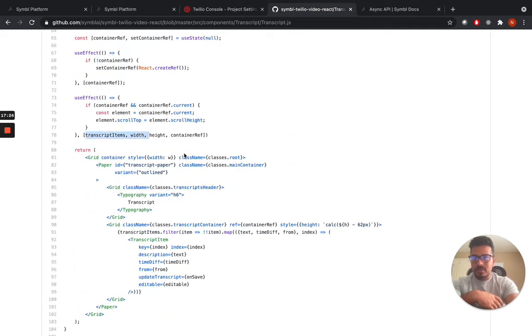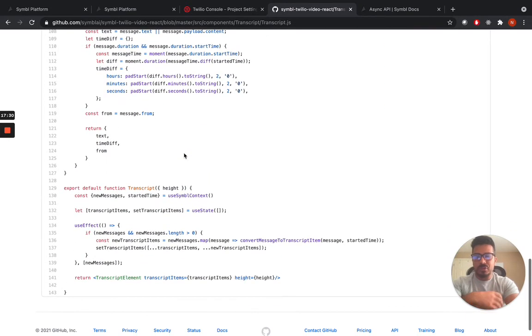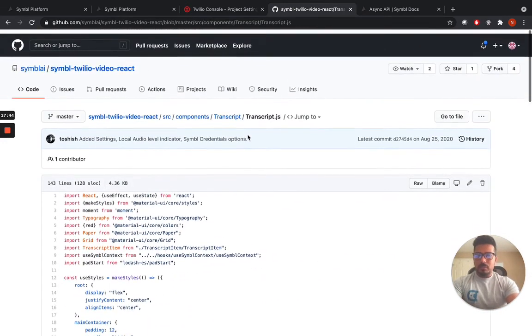Yeah, so whenever you get a new transcript item, it gets added to your transcript component. This is what it is getting from the state. This is what I wanted to show you. So transcript item is basically a component that you get, and you set every time you receive a new transcript item in the transcript component.